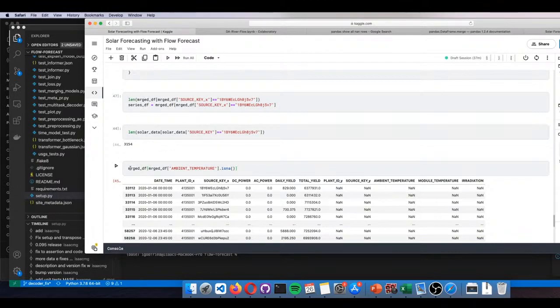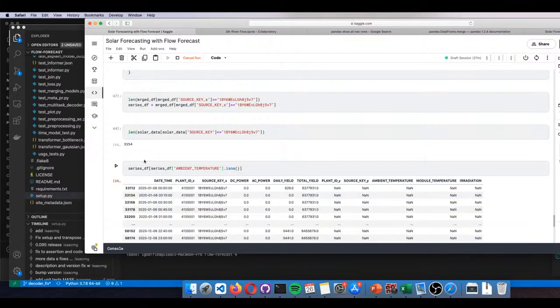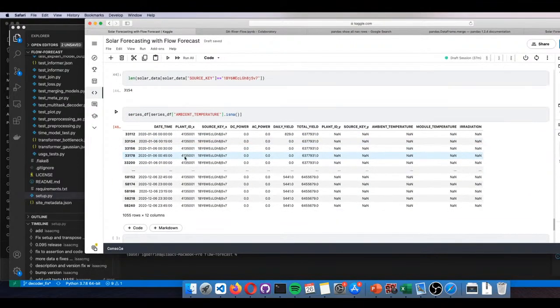So we'll just do series df because all we care about right now is this one. And they're all gonna be the same anyway, because we were doing a join, and there's just one weather thing. Actually, each sensor had its own weather chip, and we could try to interpolate some of that, but it doesn't,